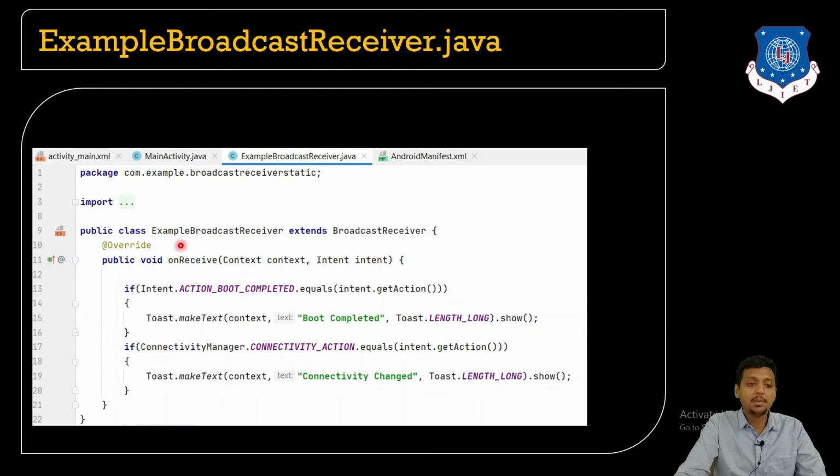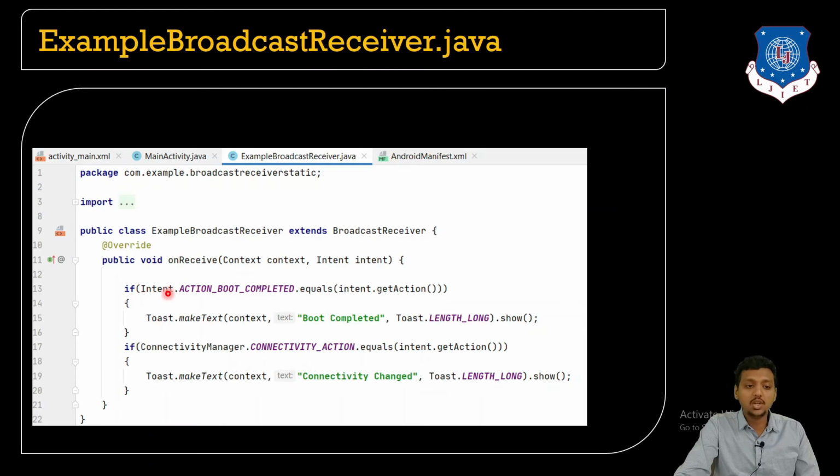So we need to write public class ExampleBroadcastReceiver extends BroadcastReceiver and a public void onReceive method. We need to override the method onReceive which has parameters context and intent.